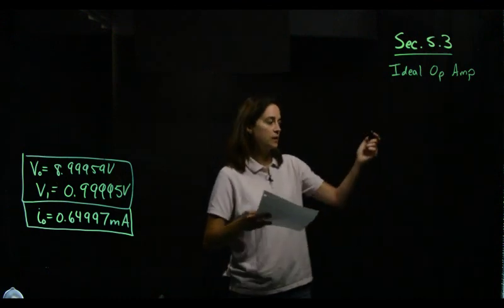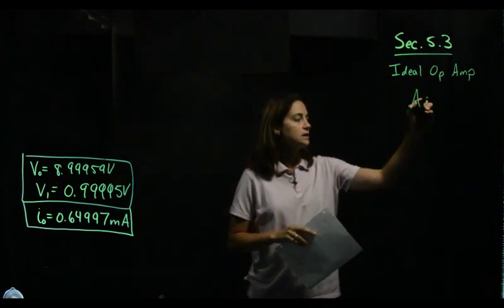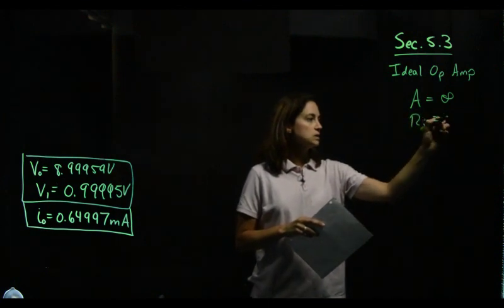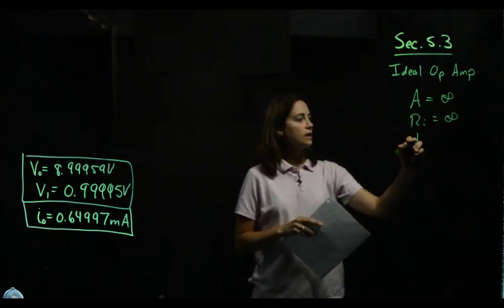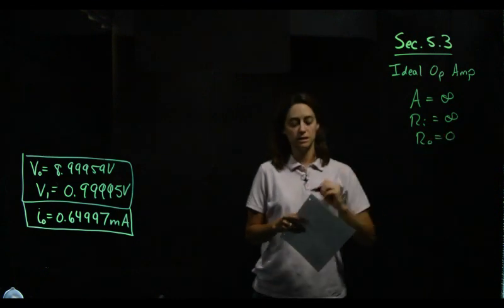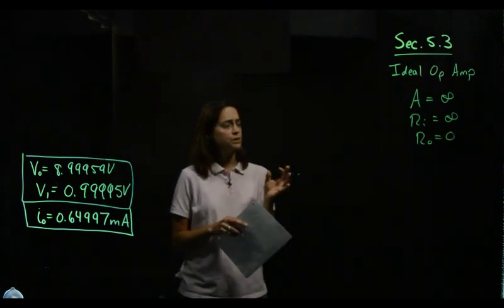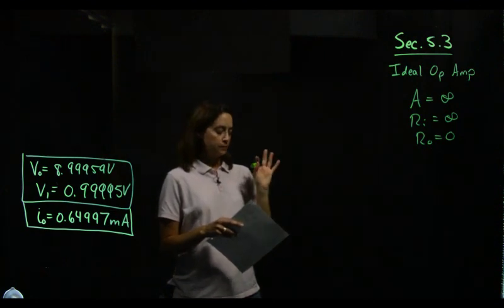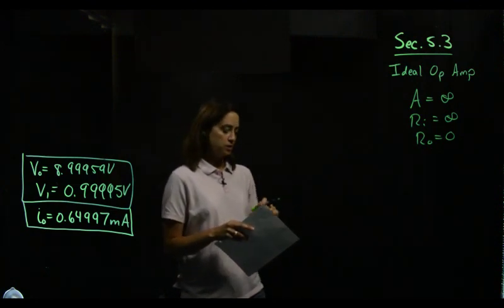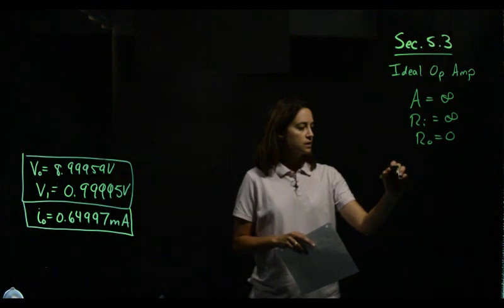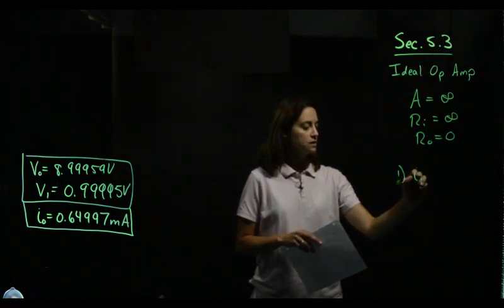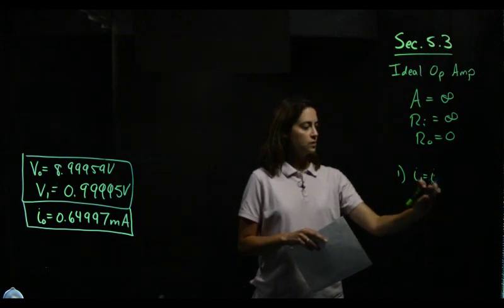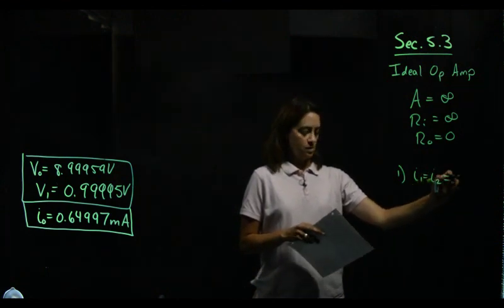So an ideal op-amp, if you remember, our ideal gain is infinity. Our ideal input resistance is infinity. And our ideal output resistance is 0. So if we assume that these are true, then we can make a couple assumptions about our circuit. One is that the currents entering the inverting and non-inverting terminals, call them I1 and I2, are both equal to